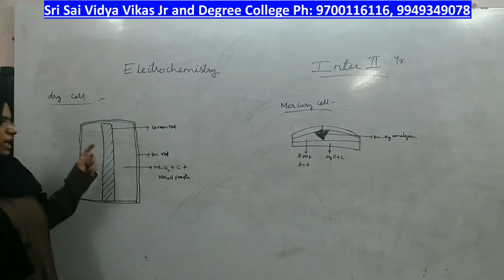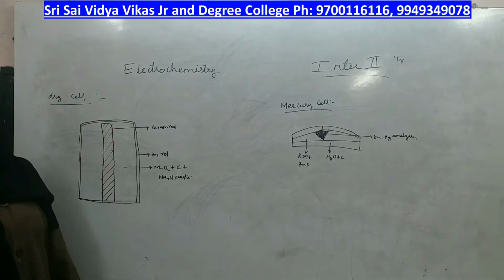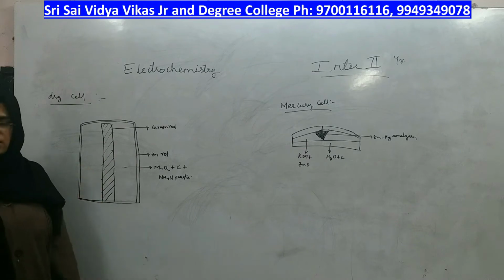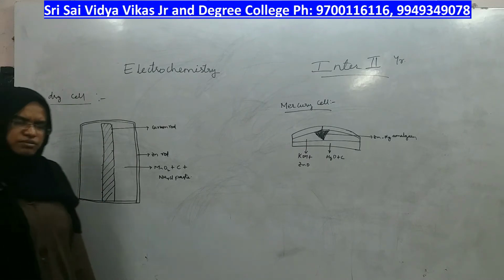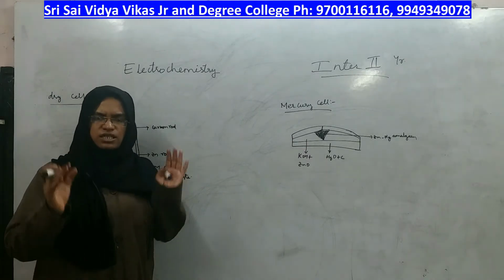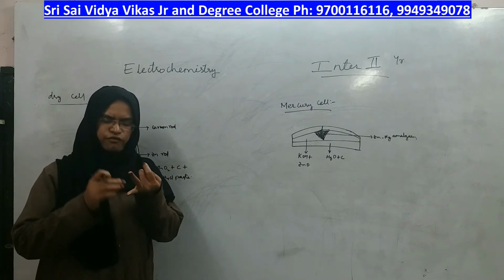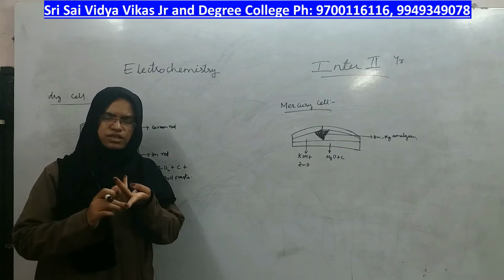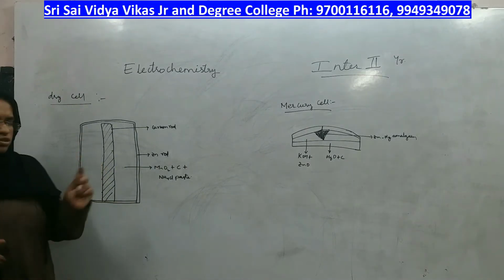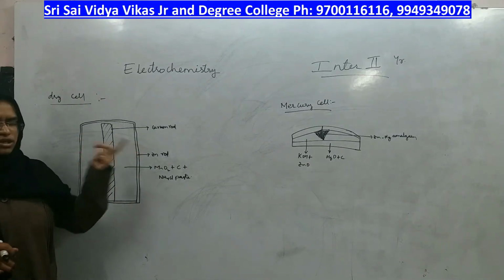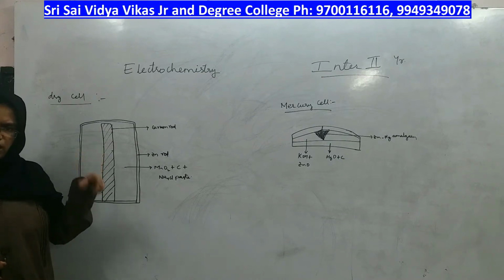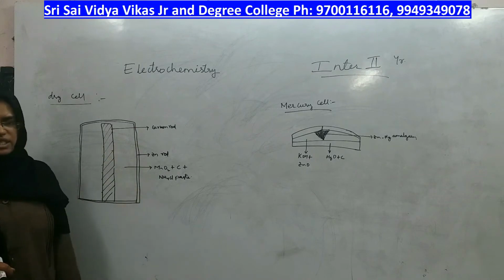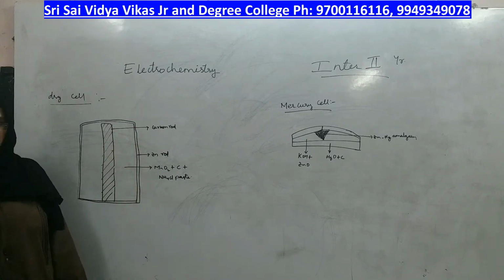So, let us look at how these two types of primary batteries work and inside the battery what reactions take place. In electrochemistry, we have seen the construction of each and every cell followed by its working, followed by cell reactions, cell representations, right? The same has to be applied even for these batteries also, whether it is primary or secondary: how it is constructed, how it works, what will be its reactions, we have to write in that order only.